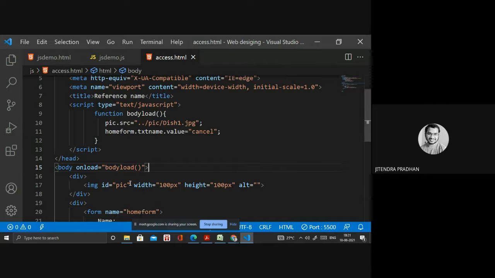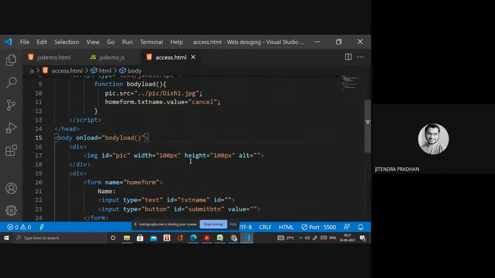We have various event processes, like on change event, on submit event, on mouse over event. We have many events. I will discuss with you later in the event section. Before that, I will discuss with you how we access by ID particularly.